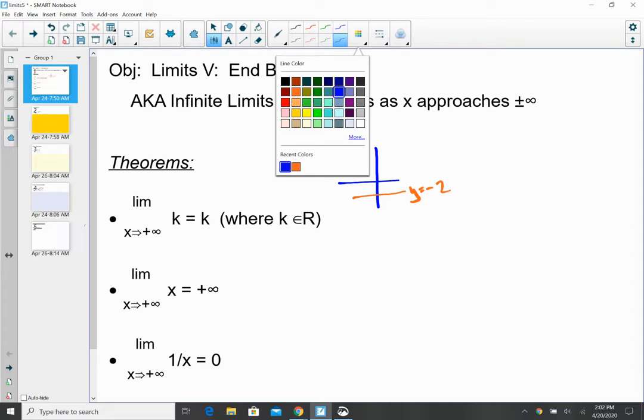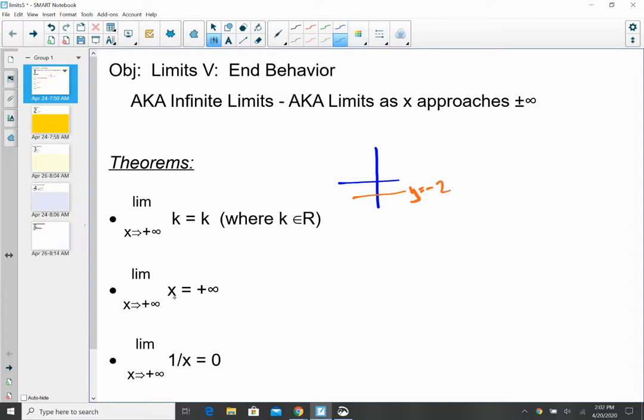Now, the next one is the limit as x goes to infinity of x. So think of the diagonal line, y equals x. As x goes to positive infinity, we're going up to positive infinity, we're going up forever. In a similar way, as x goes to negative infinity, we're going down forever, so that would be negative infinity. Finally, the last one here, as x goes to infinity of 1 over x,